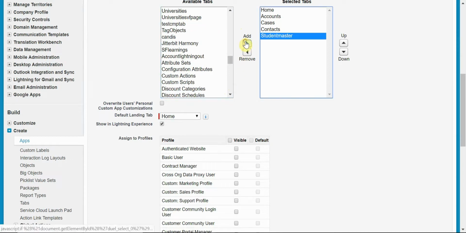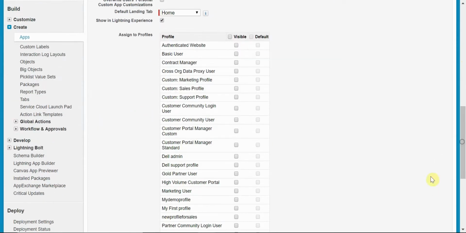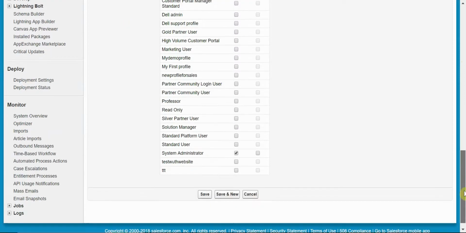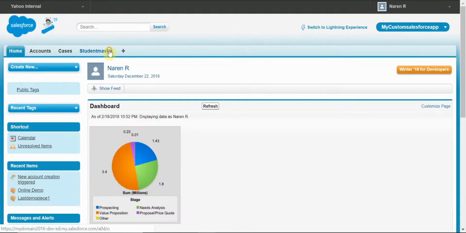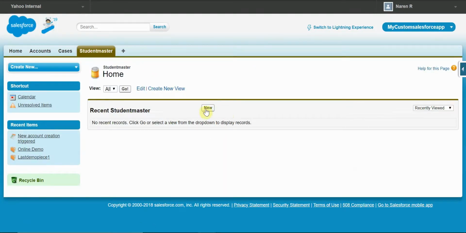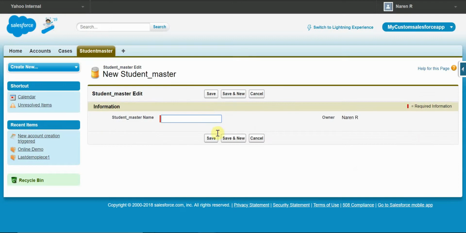Yeah, I can see it here, and now I'm going to make it visible for system admin. It's already visible. Save it. So now it's got added to my app. So in my custom sales app, I have added it. So now if I go to my student master and click new, I should be able to see that it